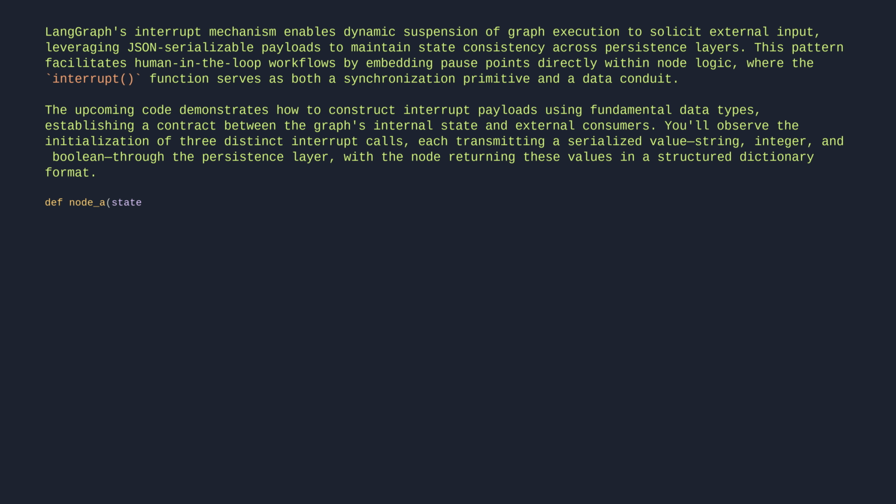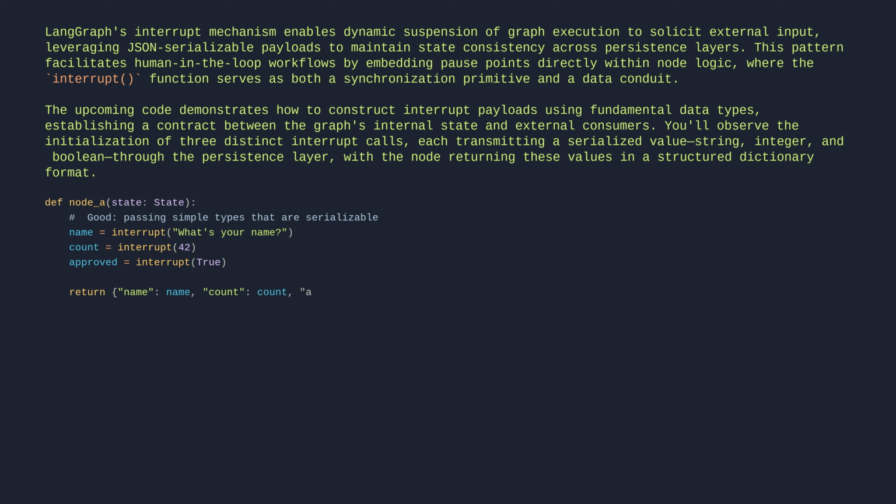def node(state): # passing simple types that are serializable. name = interrupt("what's your name?") count = interrupt(42) approved = interrupt(True) return {"name": name, "count": count, "approved": approved}